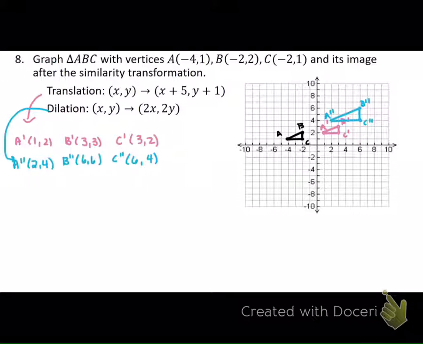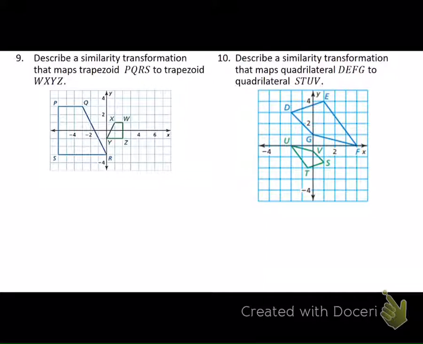Okay, once you're done with that, go ahead and flip to the last page of notes finally. Okay, so the next thing we're going to do is come up with a transformation, whether it be a composition or just a single transformation that will map us onto the other one, kind of like we did before. So sometimes the easiest thing to do is look for that scale factor first. So if you can count the side lengths,